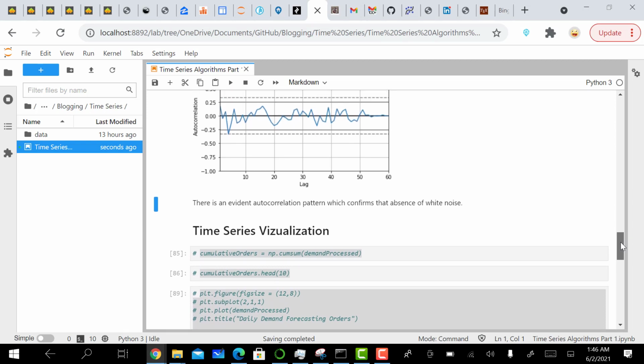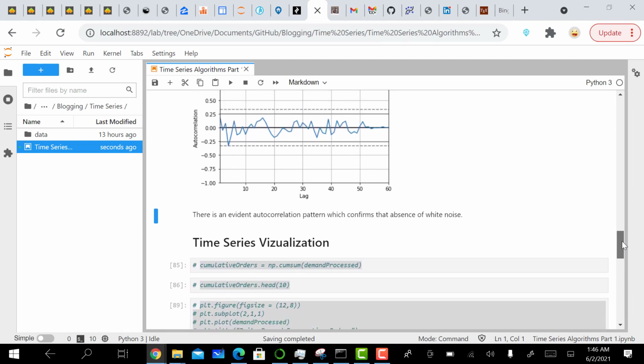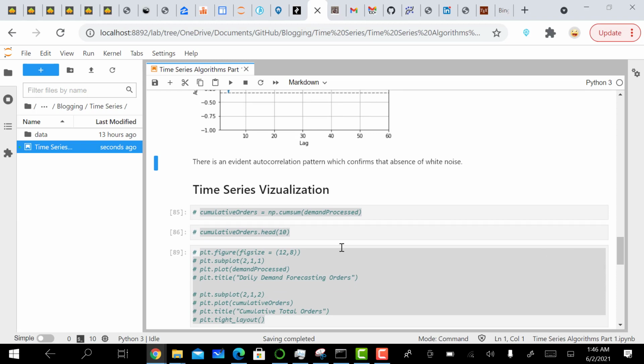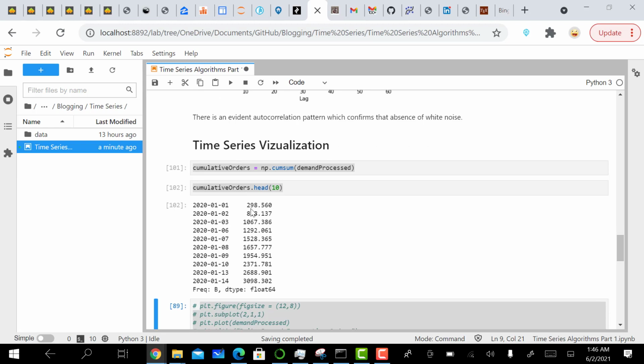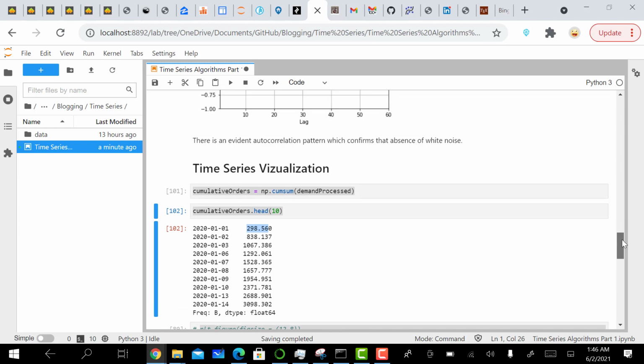Now, this is the time to visualize our time series. I'm going to look at the cumulative orders. For cumulative orders, we take the orders and add them up together over time. So if the first order on January 1st, 2020 was 298, I'm going to add